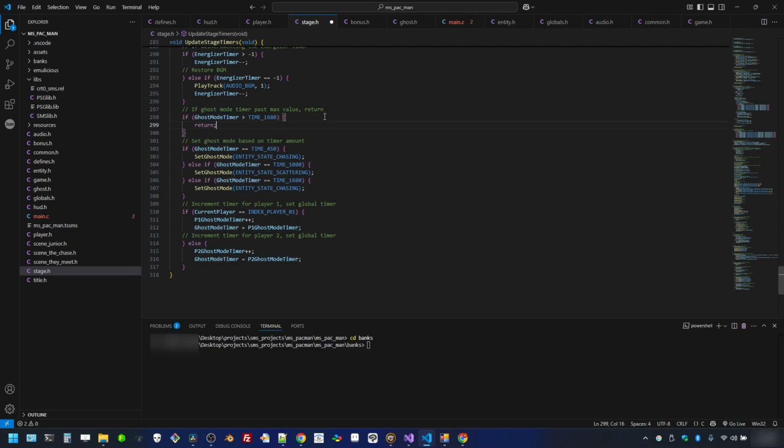So then we're just returning. If it's past its max value, that's all it's saying here. We did all the scattering and the chasing. We got it all done. Now it's just in chase mode for the entirety of the stage, and we're going to return because we already went through all the stuff. But if we didn't, we're going